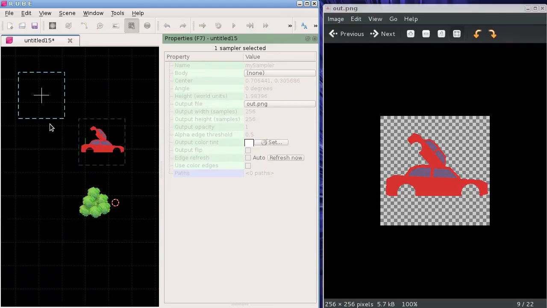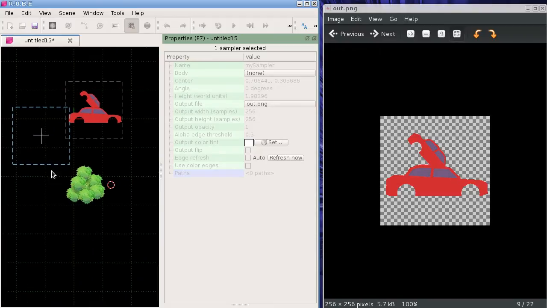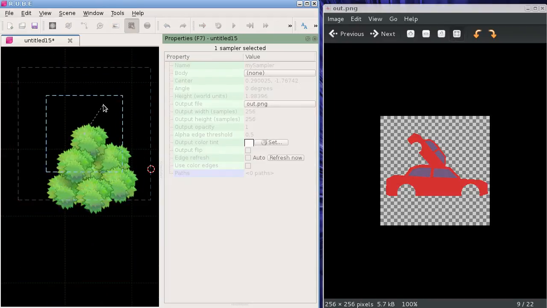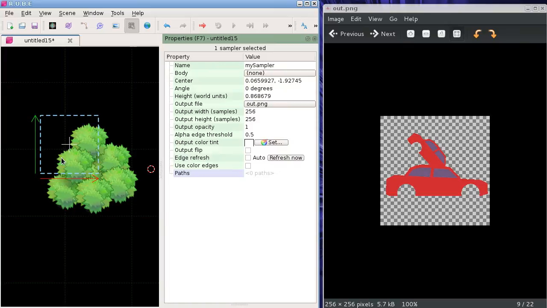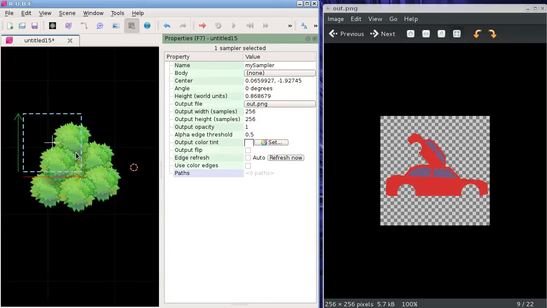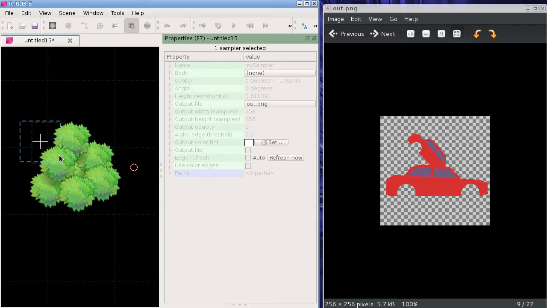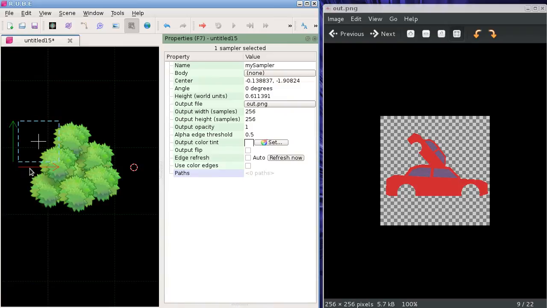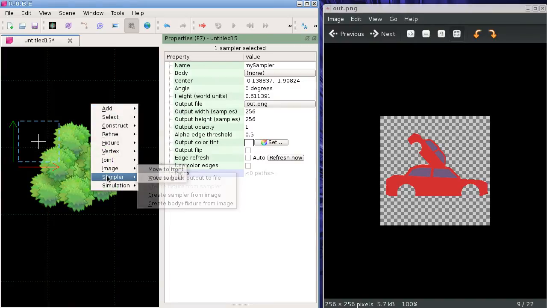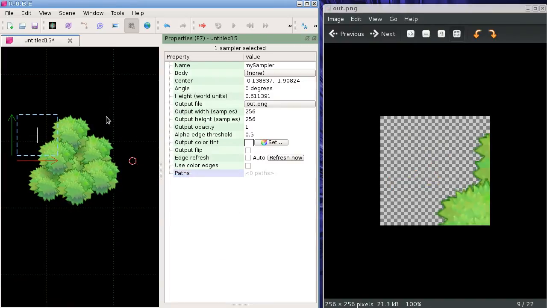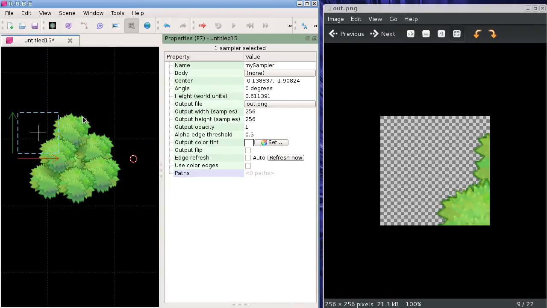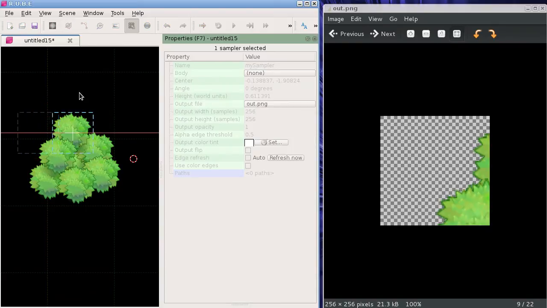Keep in mind that all of this stuff is scriptable. So what you could do is, let's just pretend that this section with the trees here is an enormous forest. You could have some samplers that go along like this, and you could set the position of the sampler with script, so that it samples one here like that, and then it moves along to the next point in a grid,